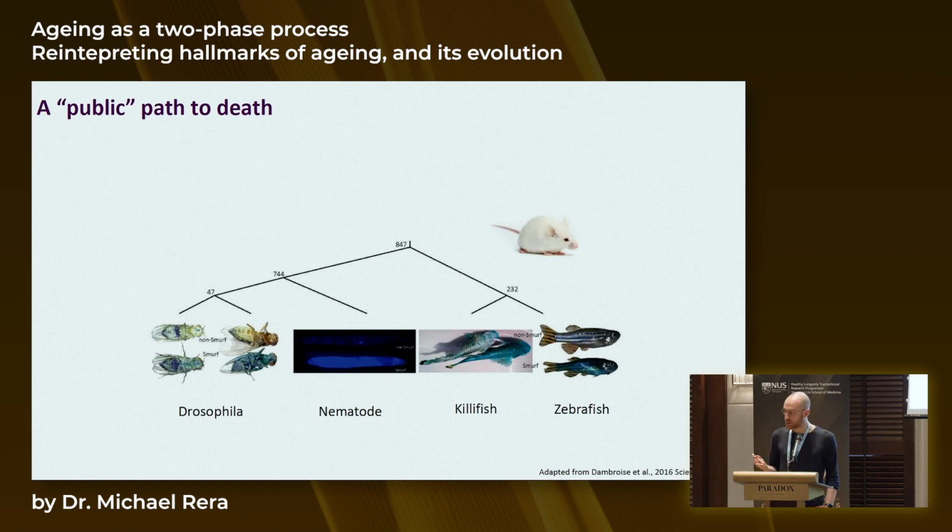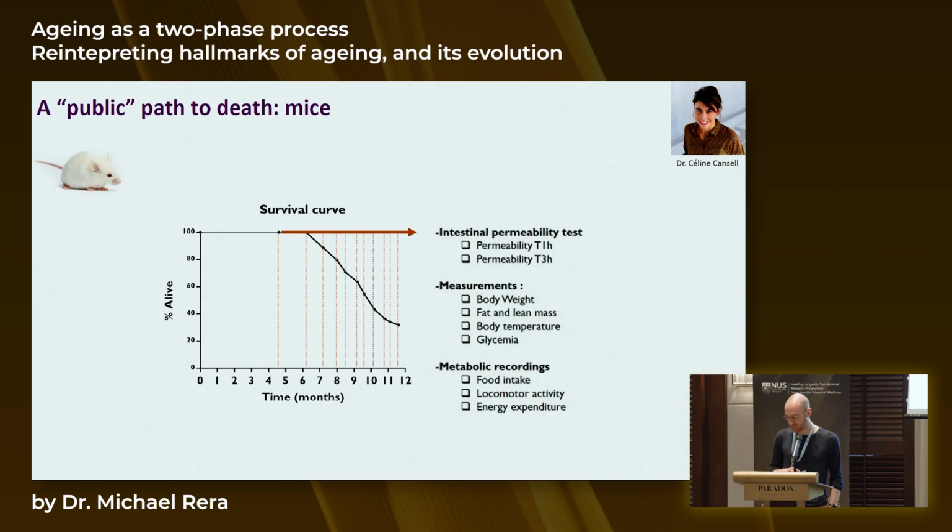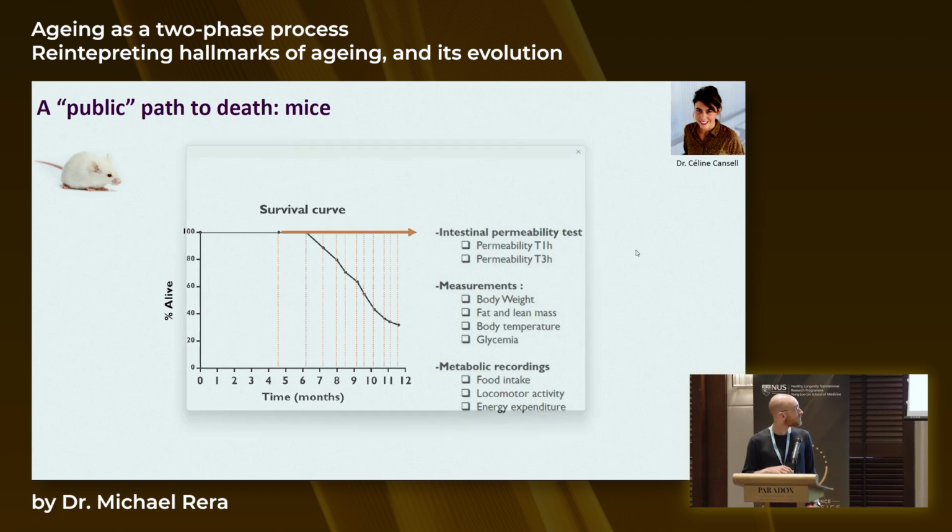The next question was what is happening in mammals, obviously. And this was the work of Céline Cancel, who did her postdoc with me a few years ago. And her project consisted in following multiple parameters longitudinally in a population of short-lived mice. So here it's a strain of AKR/J mice that live approximately 9 months. And every 2 to 3 weeks, we measured all these parameters, starting with the intestinal permeability in those mice, as well as body